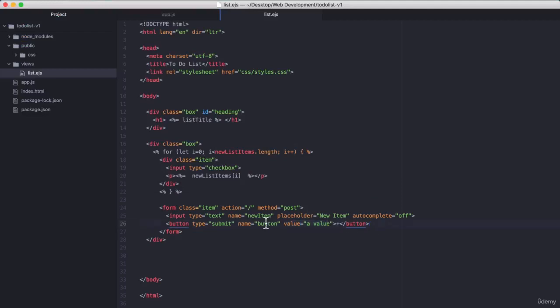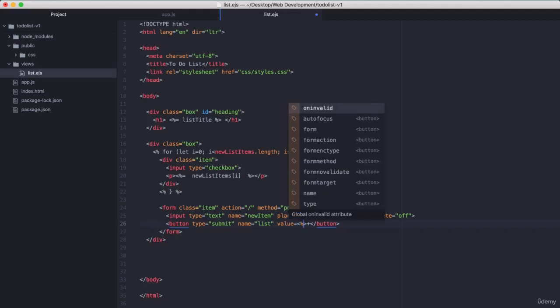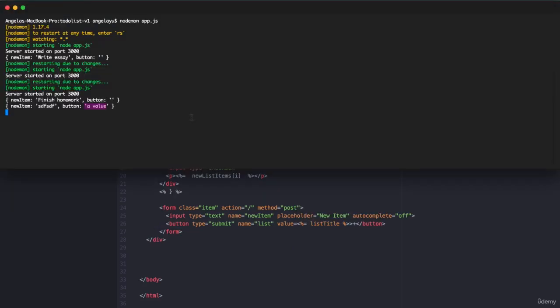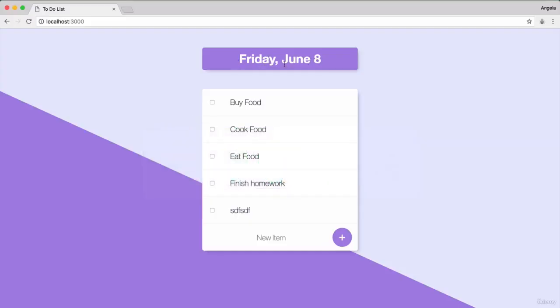So what we can do then is we can change the name of our submit button to list, and we can change the value to something dynamic using EJS. So we can say the value is equal to something dynamic that we're going to insert here, and we can change this to the list title. That's the thing that we're getting from the server that we're going to put at the top of our list